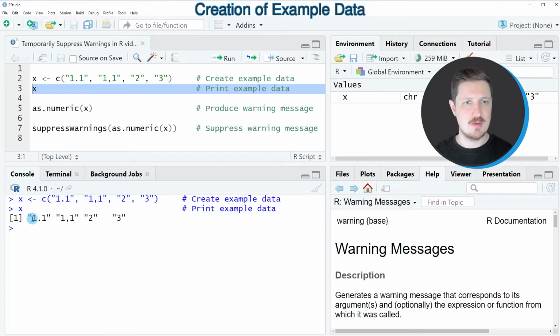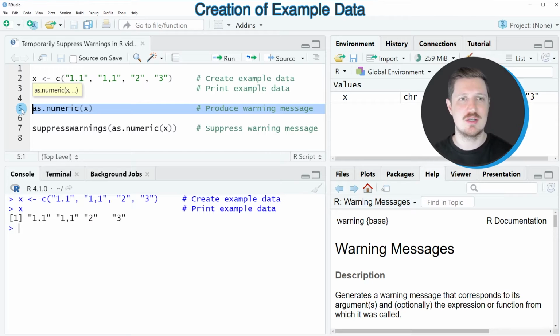Then you can see that we have created a vector object of character strings, and these character strings contain certain numbers. However, you can also see that some of these numbers are not formatted properly. So let's assume that we want to convert this vector object to the numeric class. Then we might apply the as.numeric function to this data object, as you can see in line 5 of the